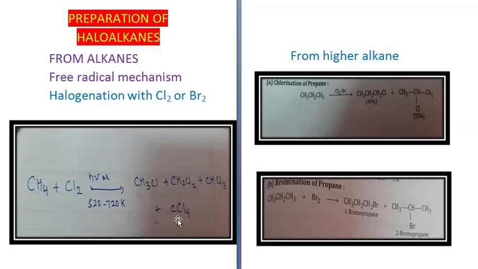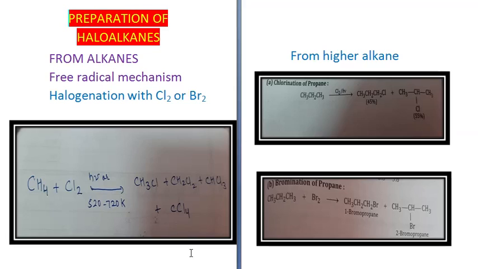In this case, as many hydrogen atoms that are being removed, in its place that many chlorine atoms are coming. Here one hydrogen has been removed, one chlorine added, 2 hydrogen, 2 chlorine, 3 and so on. Alright, now this is about the simple case from methane.